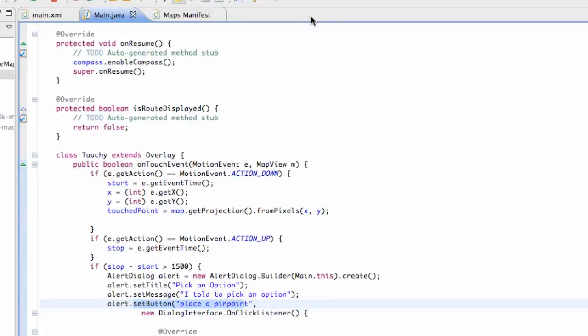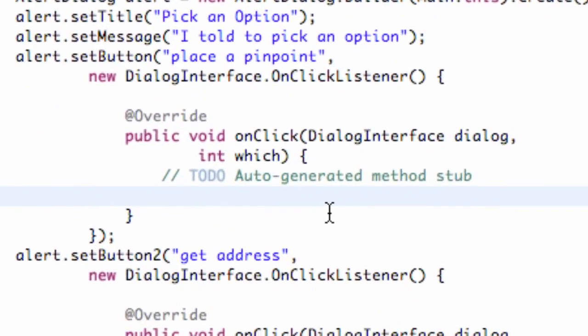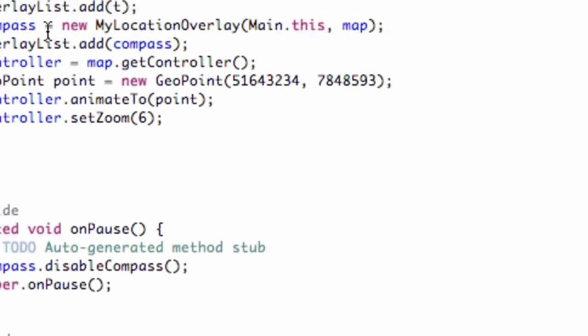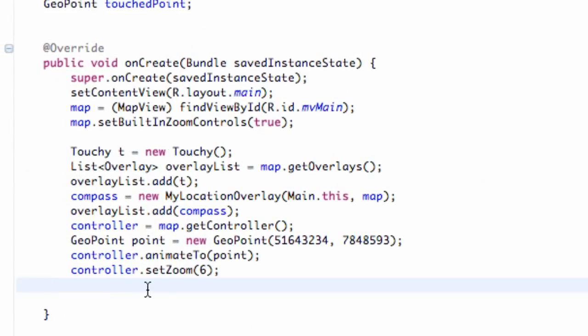But there we go. We're pretty much done with that custom pinpoint class, and now we can actually refer to it within our touchy overlay class, which is within our main class. We're going to do that within the onCreate method. Remember, we have a constructor for that custom pinpoint class that takes in a drawable, and it also takes in a context. So we're going to scroll up to our onCreate method of our main class and create a drawable